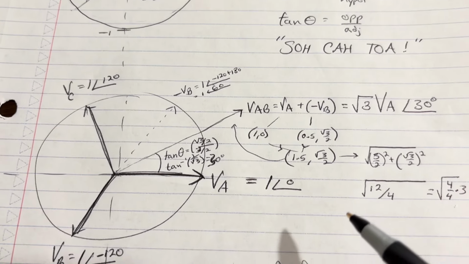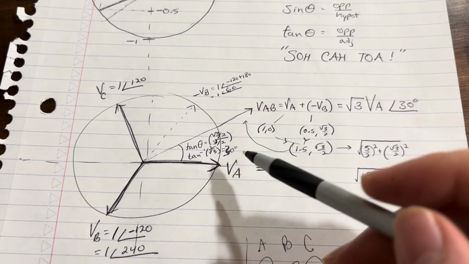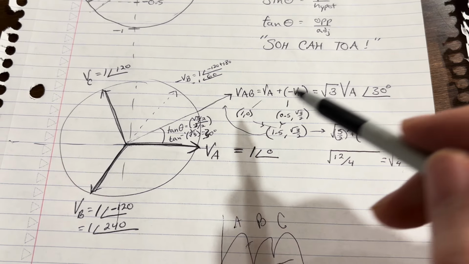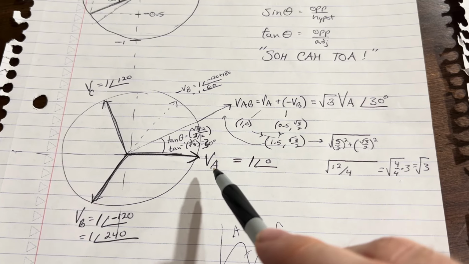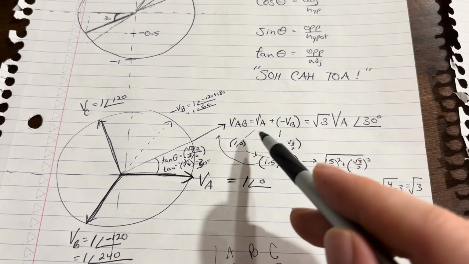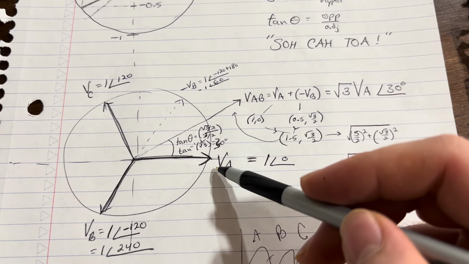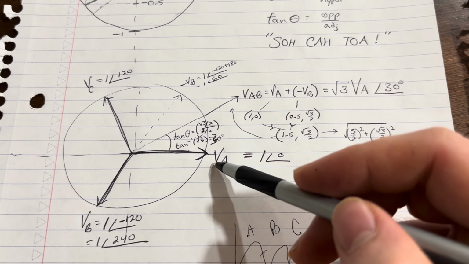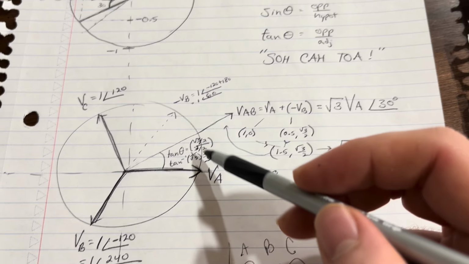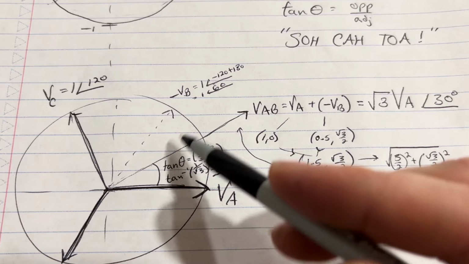Anyway, often you'll need to add voltages or subtract voltages. Quick primer on that. If you want to find VAB for a line-to-line voltage based on two line-to-neutral voltages, VA and VB, VAB is the same thing as VA minus VB, or VA plus the opposite of VB. So if we have VA on the unit circle, so it has a magnitude of unity, VA plus the opposite of VB, well, if you take your x and y coordinates, this is 1, 0,